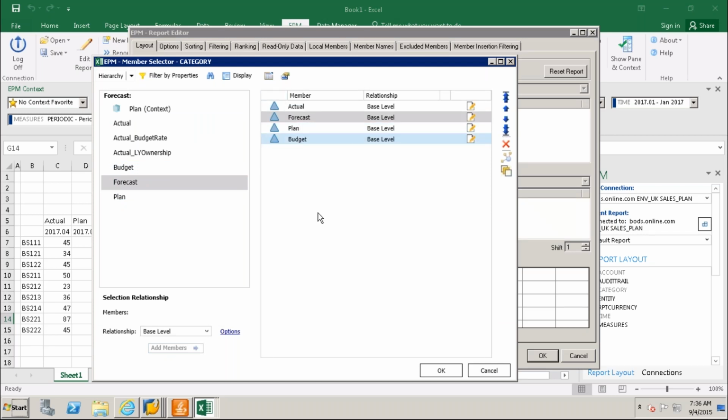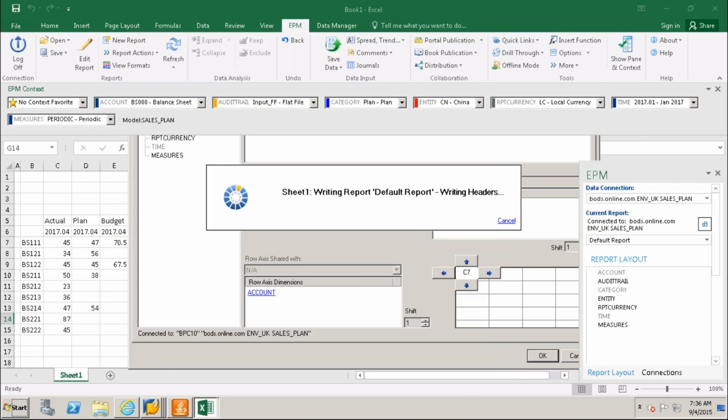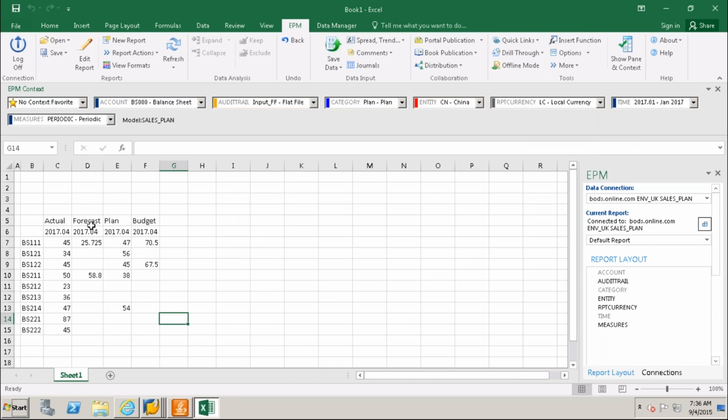Actual, forecast, plan, yes, we can keep it like this, no issue. So now my forecast value is also here.